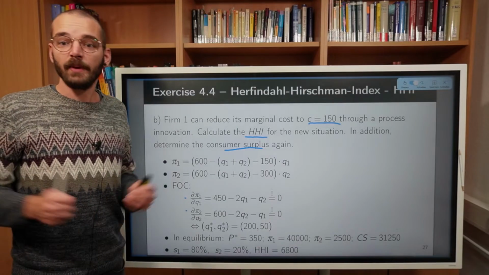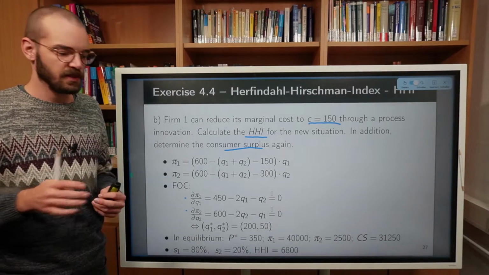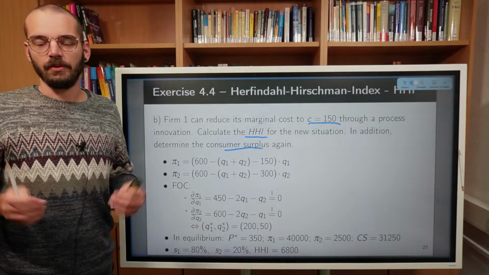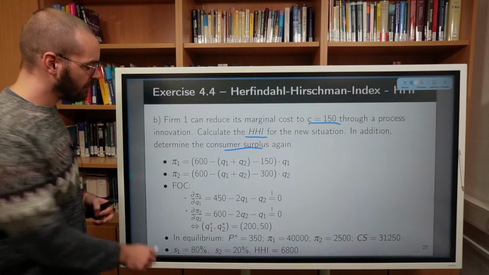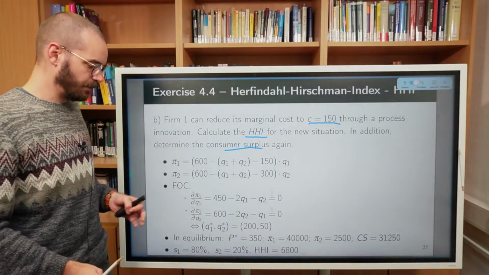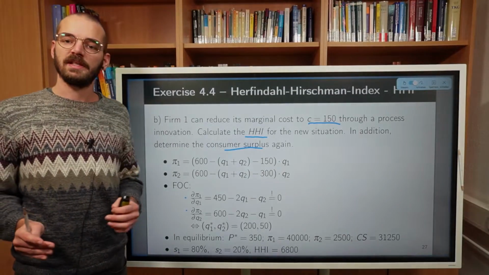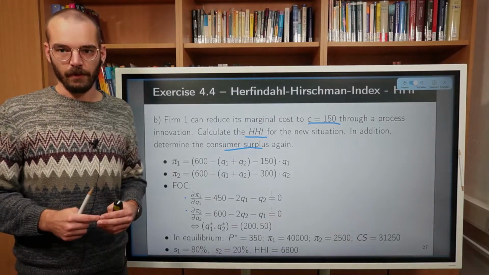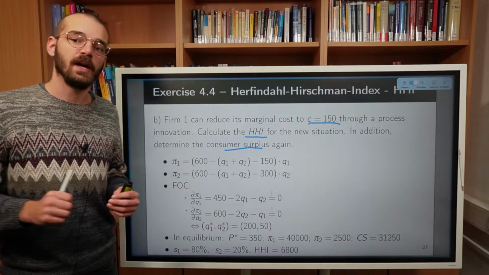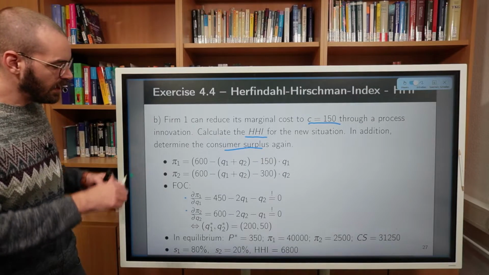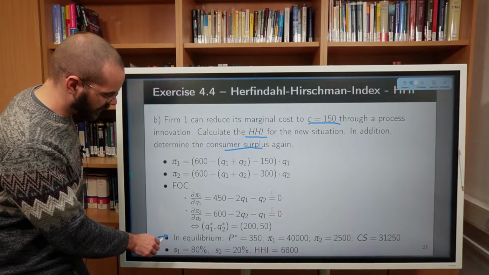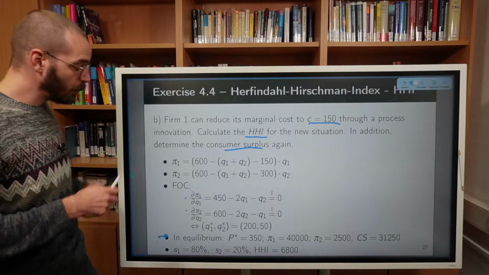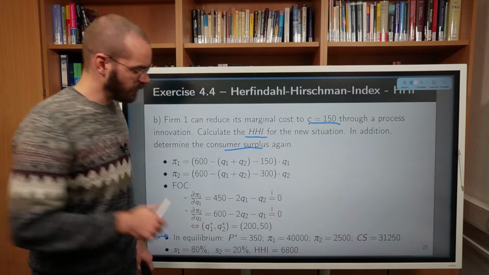By solving this equation system, where we have two equations and two variables, Q1 and Q2, we can find out that in equilibrium, the profit-maximizing quantities are 200 for firm 1 and 50 for firm 2. So there is a total quantity of 250 in the market. The equilibrium is then characterized by a total quantity of 250, which comes with a price of 350,